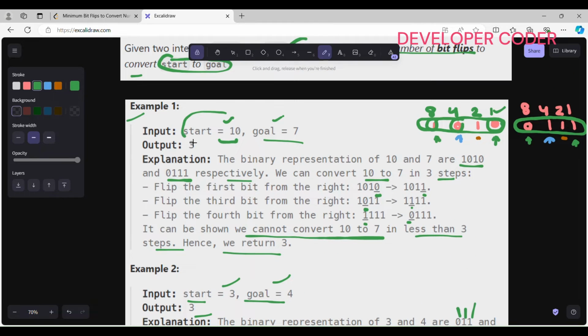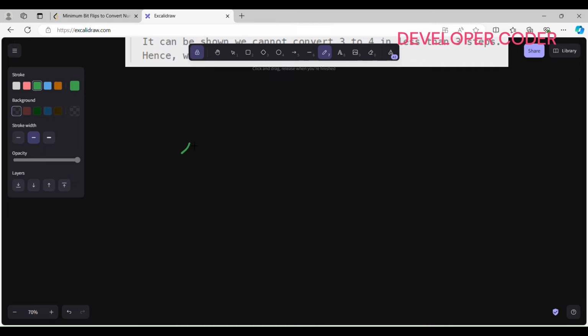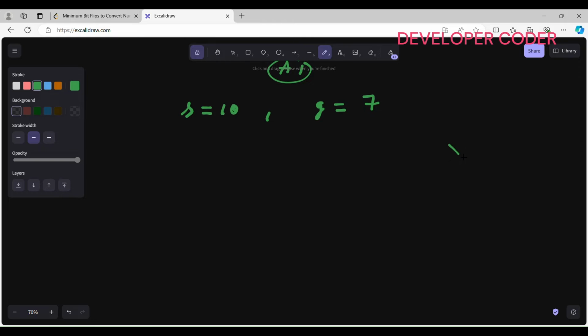So let's take this example: start is equal to 10, and my goal is equal to 7. Okay, so let's first try to solve this problem using approach number 1. You guys must know what the XOR operation is. In an XOR operation, let's say A and B, two values are there, then what will be their